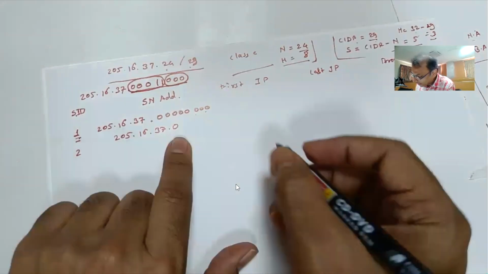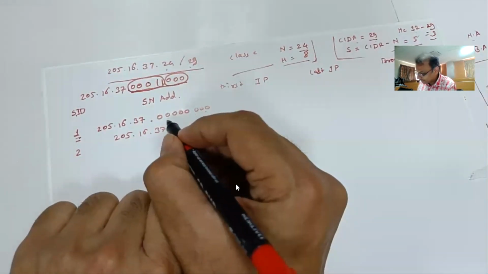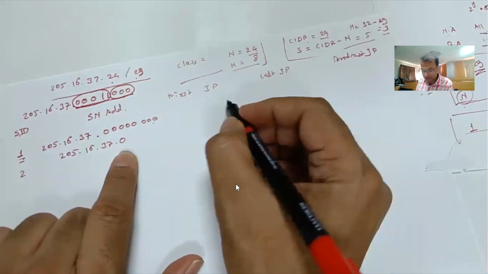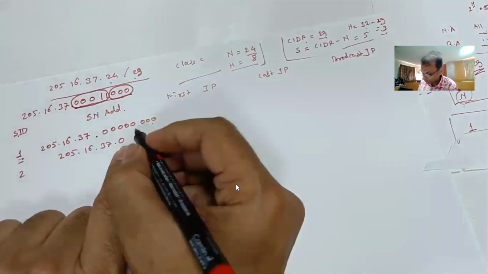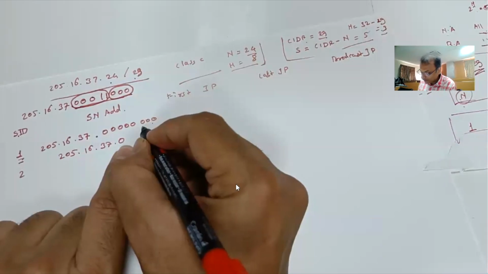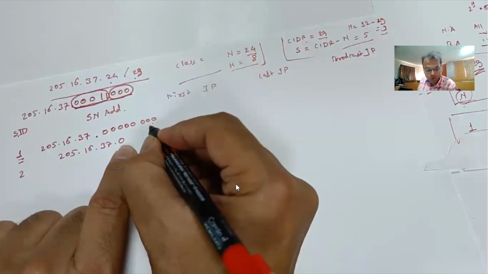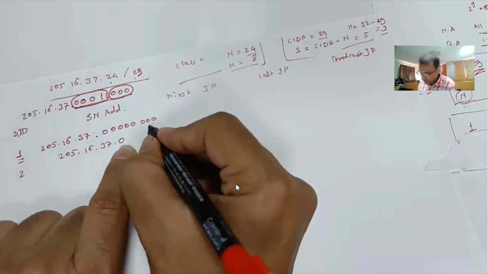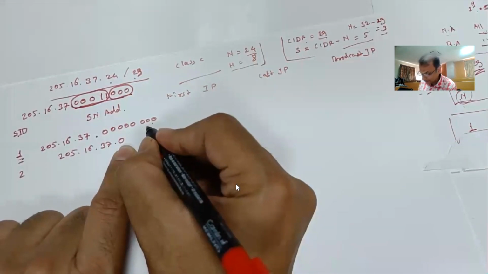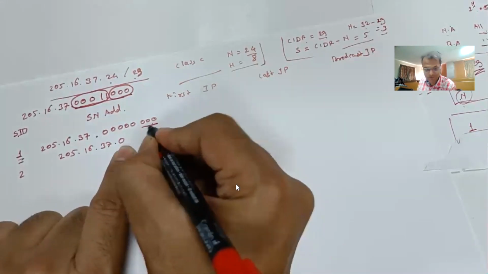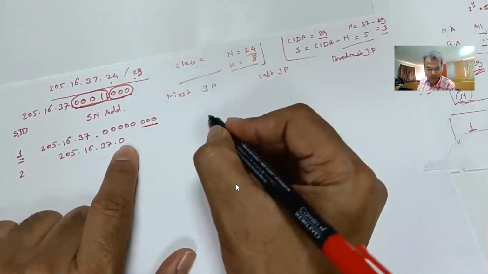Now I will repeat this again in the first IP. In the first IP, what should I change? I cannot give 0 to the host address. For a valid host, this group should have some value. The minimum value that I can have is